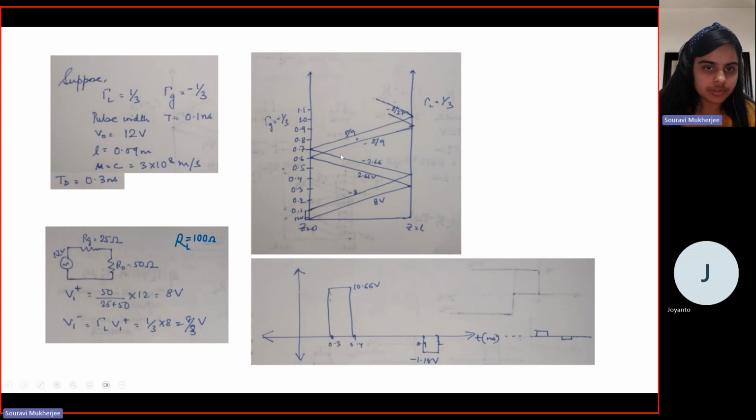So now if we try to see what is the net value. Here you can see that this is at the source end. Okay. At 0.3 second, it would reach the load side. Now from 0.3 to 0.4, what is the signal that you are seeing? So you are seeing an 8 volt here and this 2.66 volt here, right? So basically now it's a pulse of 10.66 volt. Okay. But at this end, once it gets reflected again and comes back here, you would see that